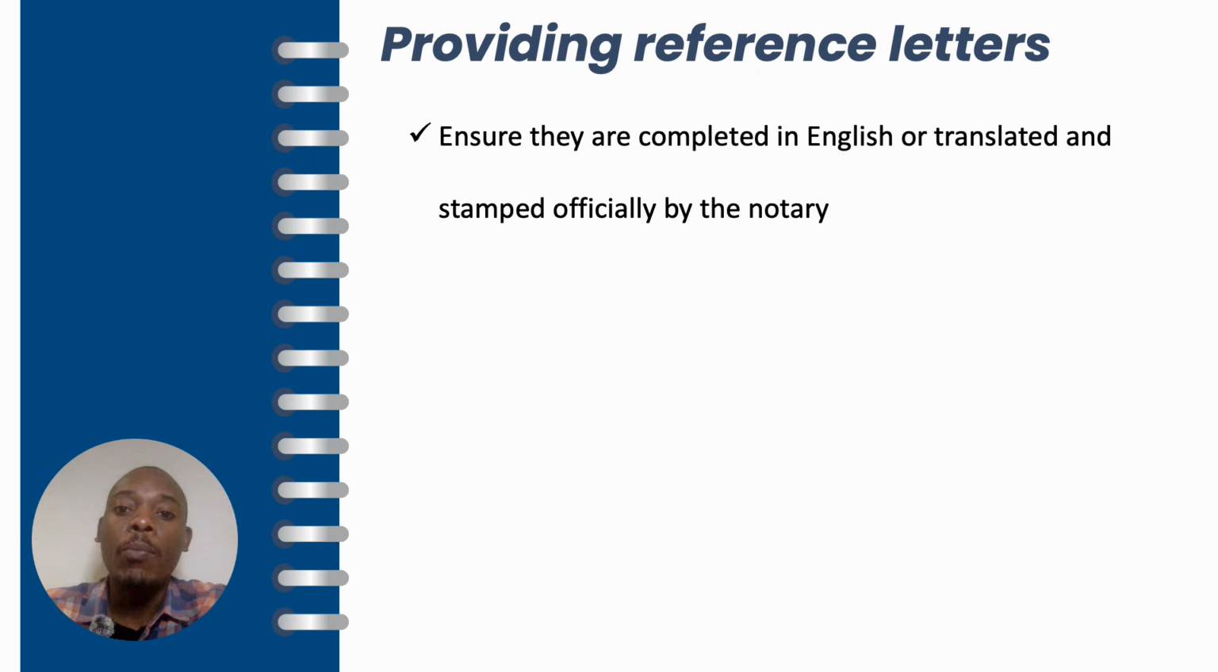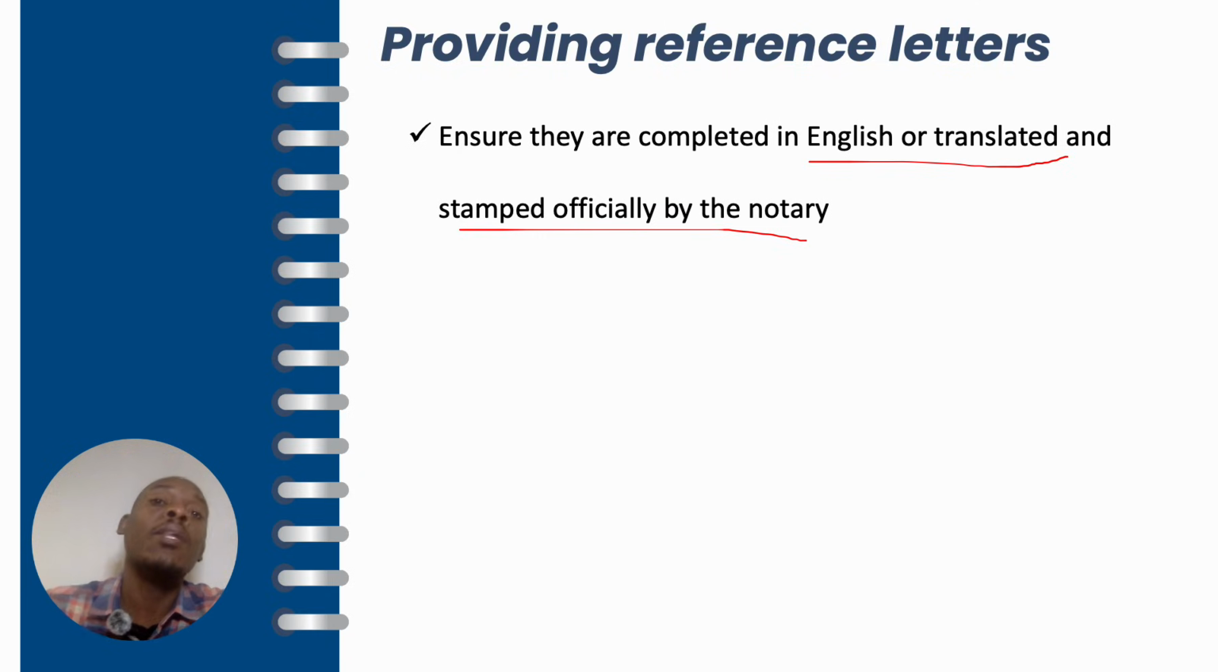Okay, so once the references have been provided to you successfully, what do you need to ensure that they are before you submit? Again, ensure they are completed in English, or they are translated. If they are not in English, they are translated and they are stamped with the official stamp or by the notary. So if your referee does not have the stamp, they should endorse it, and then the notary should be able to provide the stamp, or the official stamp for that organization should be able to be provided on the